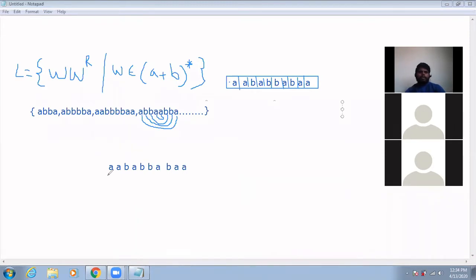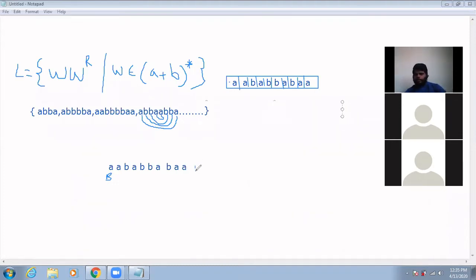What I am going to do? I am making A as a blank, because it is your wish, based on whatever symbol you can make it. It's not a problem. So A, I am replacing as a blank. A, I am making as a blank. A, I am replacing as a blank. And what symbol do I need to go for?